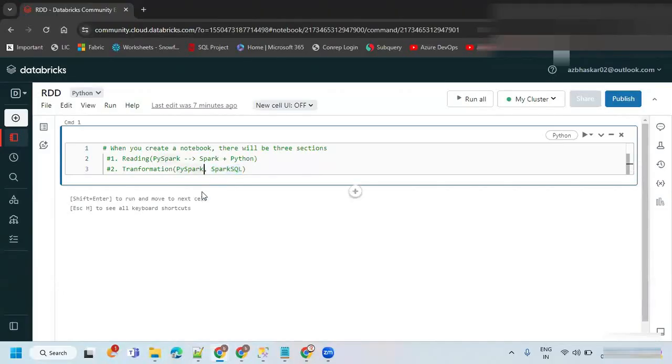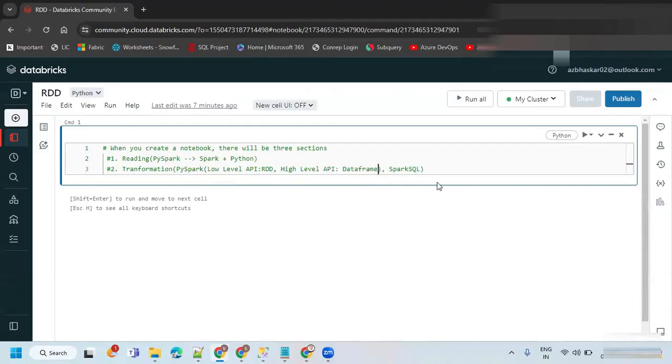When it comes to PySpark, we have a low-level API and a high-level API. The low-level API is RDD. The high-level API is DataFrame.